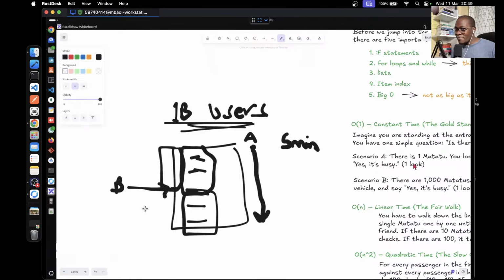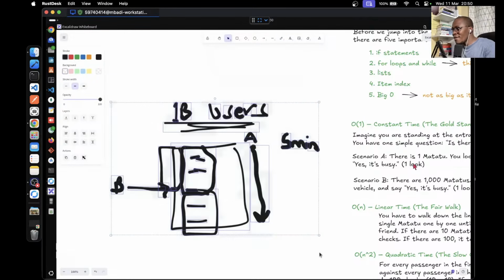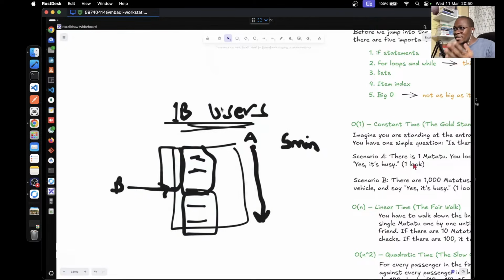So these two people have used different algorithms. The first person has used what we call a linear search, whereby you start on one spot and then move linearly as you search. But this person has a different approach, which we'll look at in a second. The data is the same, 1 billion users. But this person might take longer because he's going through the entire 1 billion records, while this person might take way less time because they've split the data into two, and instead of going through 1 billion records, they'll go through 500 million records. Is it 500 million? My goodness.